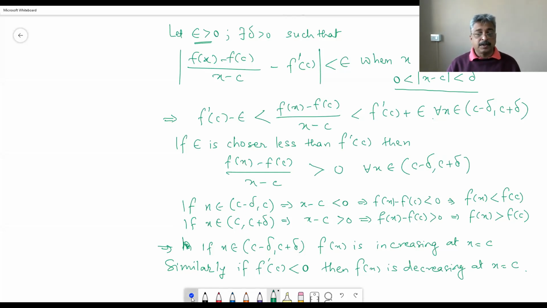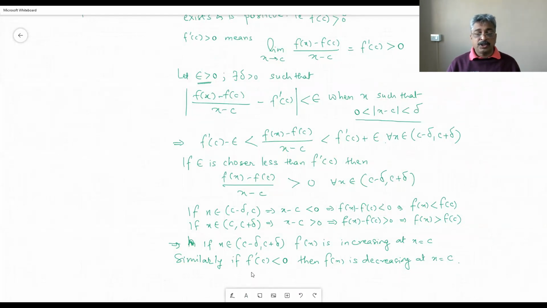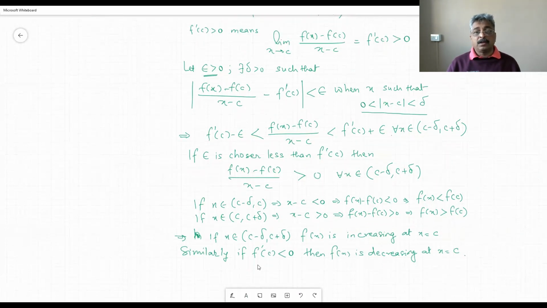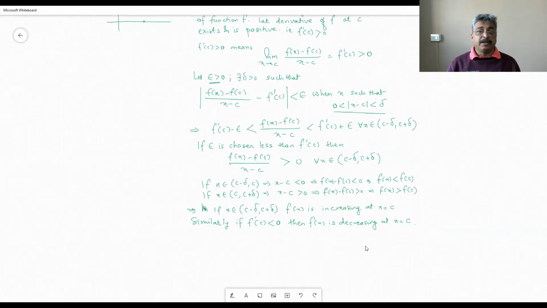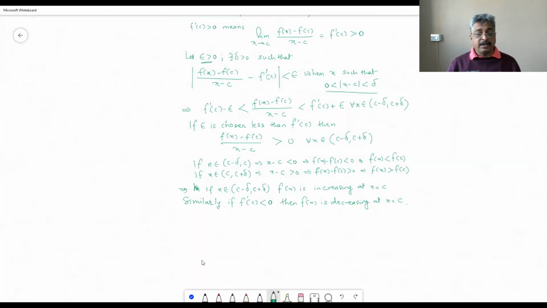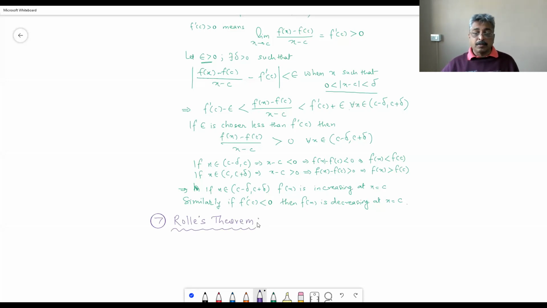So, next thing. I make it a little small, push it up so that you can complete your writing, and I complete my writing. Next theorem, theorem number 7, Rolle's theorem. Before writing the statement of the theorem, I would like to take out the statement of the theorem from you by giving a couple of examples. So let me know the moment you finish writing.